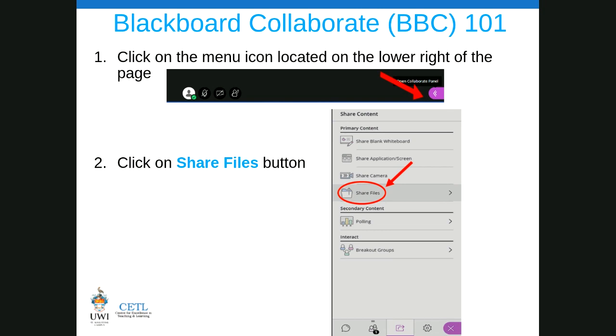So those are the two main ways that you want to share videos, and I recommend, as much as possible, sharing a link in the chat, because it may be a bit cumbersome for you to switch between sharing a screen and a PowerPoint, unless you have two moderators who can make it a little more efficient.